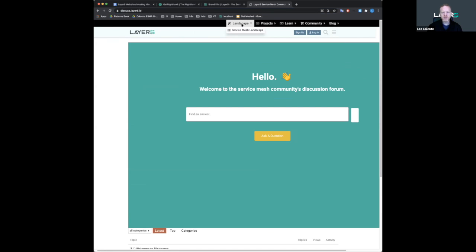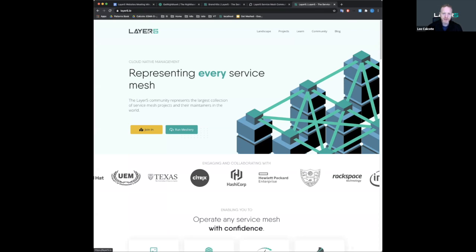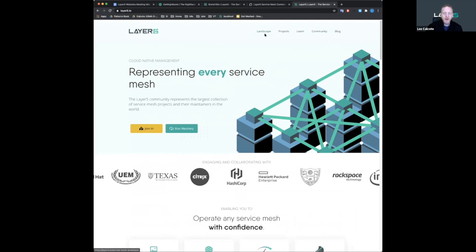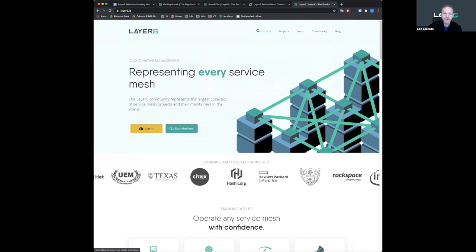Oh, I see. Yeah, so there are drop downs. No, not gonna work. The thing that we decided on last time was just to use the static links. But we will be having drop downs, right? Well, no. What we desire is for the site to look as much like Layer5.io as possible, and so these five links would do